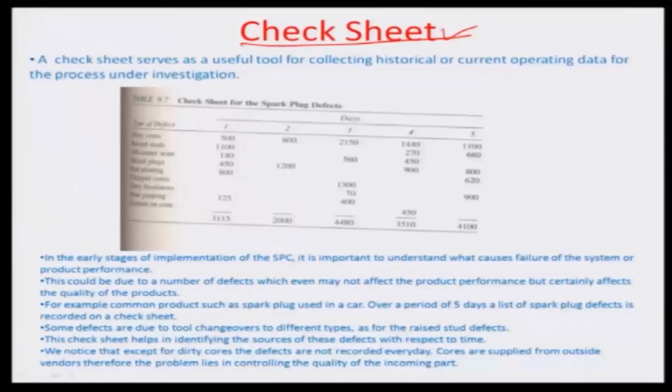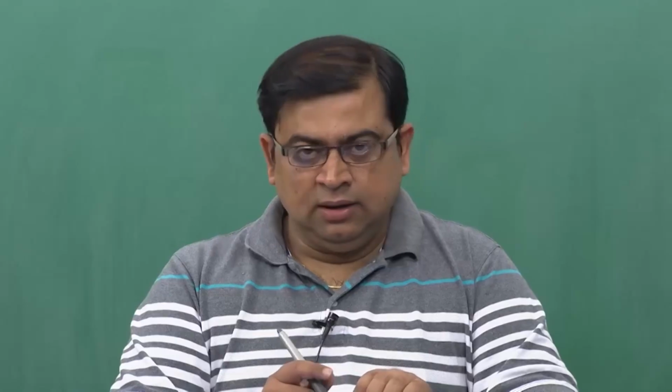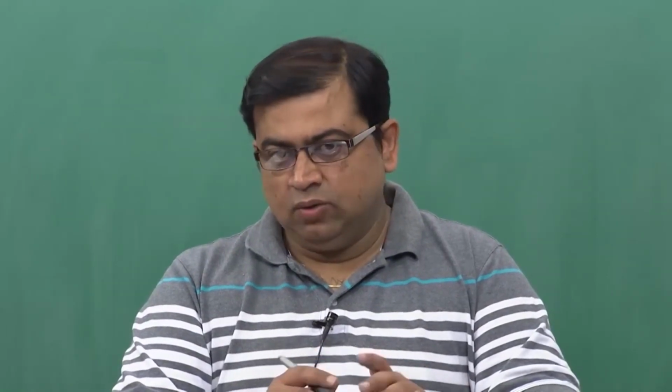In this particular tool, the check sheet serves as a useful tool for collecting historical or current operating data for the process under investigation. I just mentioned the automotive shops. In the assembly shop, a check sheet is really the mother of all history of the production of the vehicle. This is recorded in terms of the chassis number and the engine number, and it is retained for almost one lifetime of the vehicle, so that if some warranty failure issue comes up, you can refer to this check sheet and see if there was a repair done on the particular vehicle,